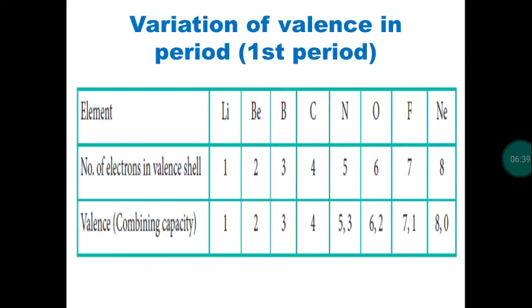Then boron, atomic number 5, 1s2, 2s2, 2p1. So 3 electrons are present in the outermost shell, the second shell. Valence electrons 3, so the valency is also 3. Then